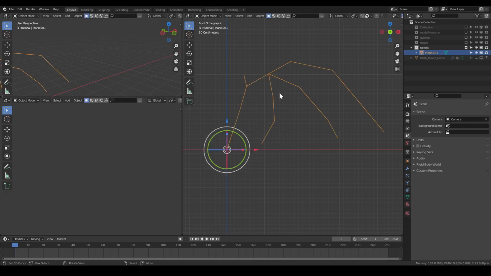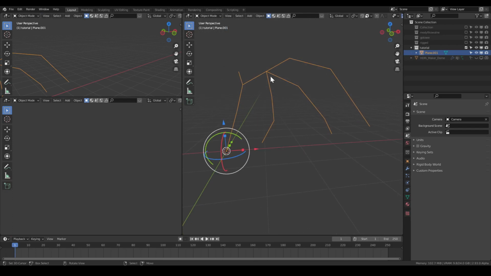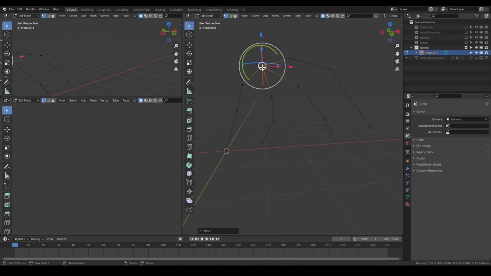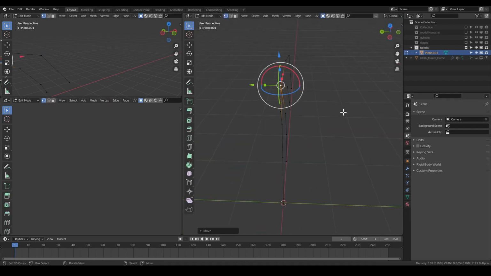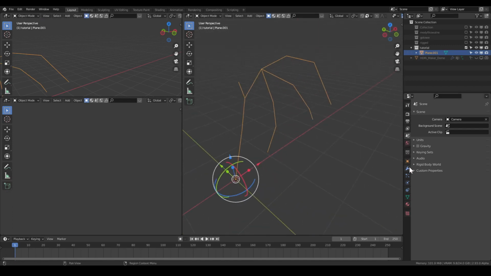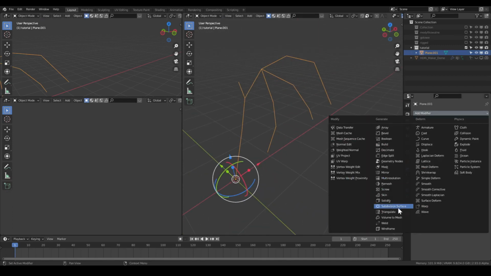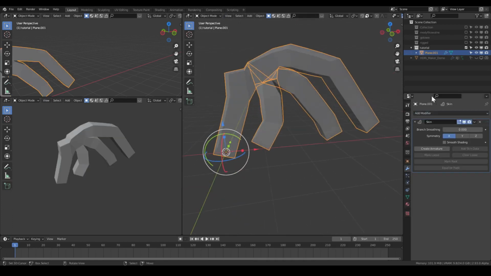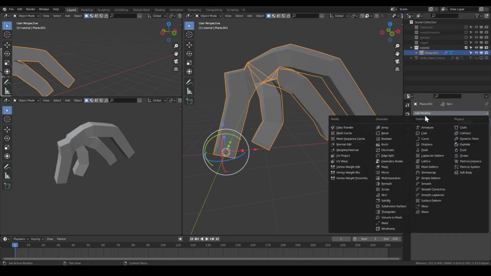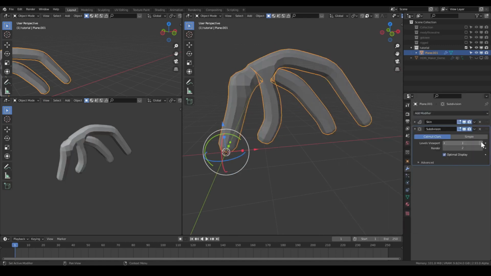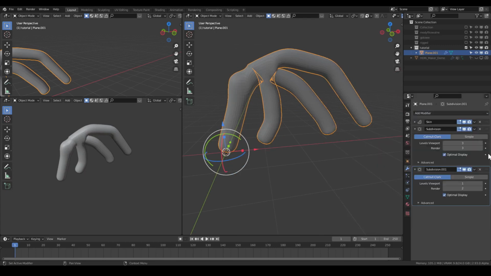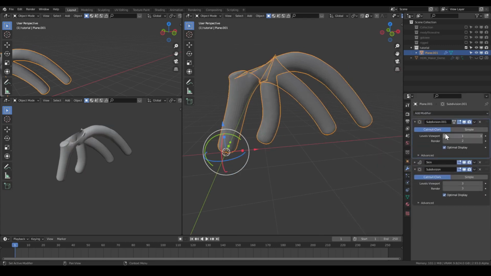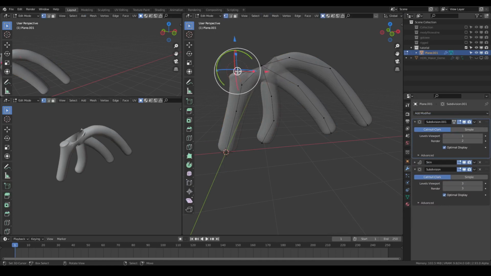So, yeah. And it looked like this. So, is it great looking? Definitely no. However, what we can do now is add modifier and skin. So now it looks like shit. That's right. So now we need to add subdivision surface here, subdivision surface here, and now